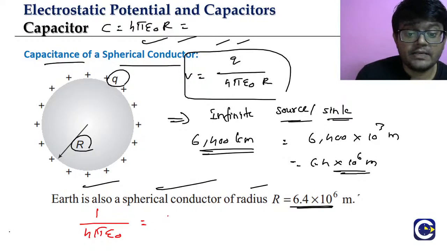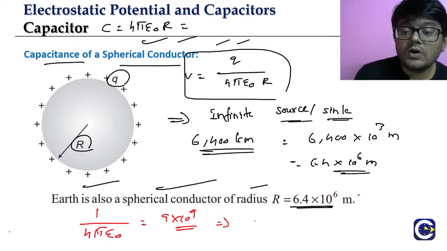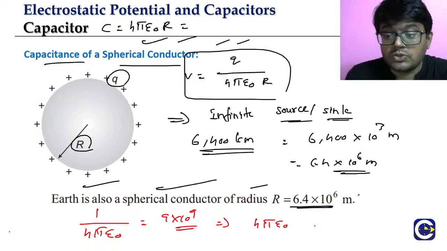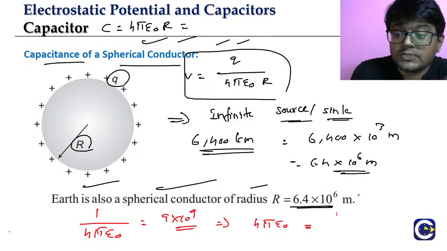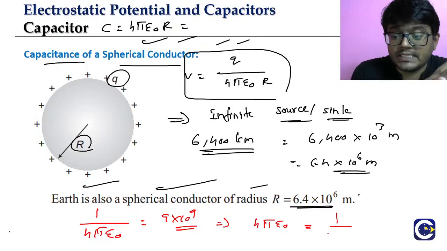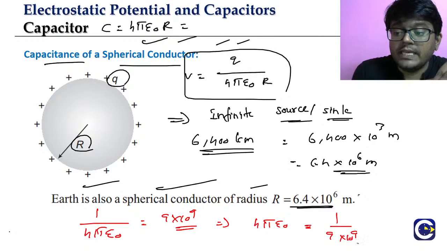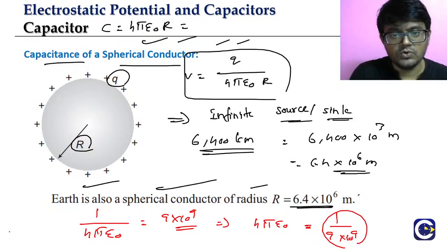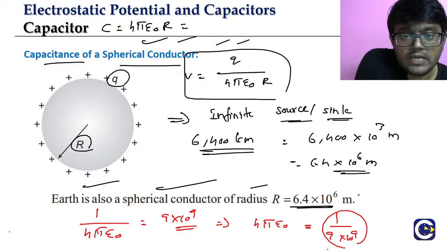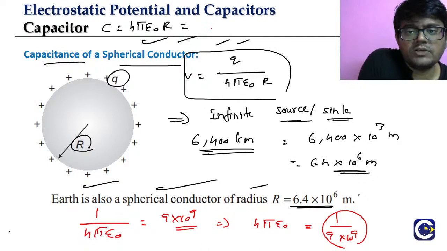Its SI value is 9 into 10 power 9. So wherever you have 4 pi epsilon naught, we can substitute its reciprocal, 1 by 9 into 10 power 9. So the value of 4 pi epsilon naught is 1 by 9 into 10 power 9 in SI units. So here you have 1 by 9 into 10 power 9 into r,